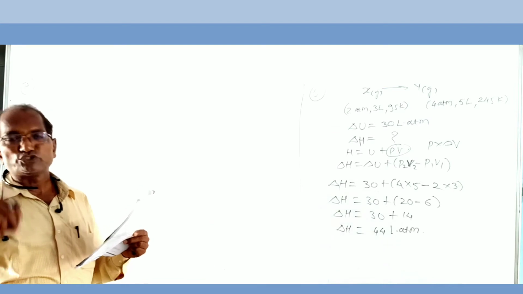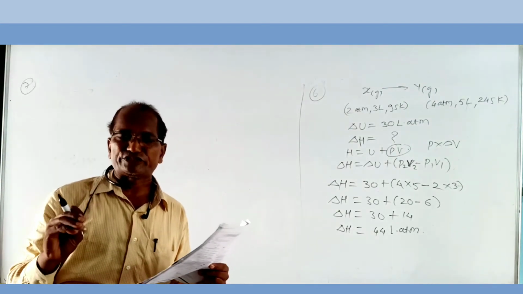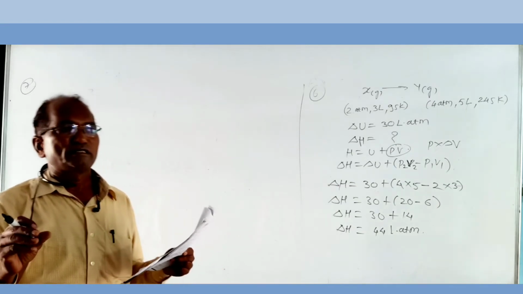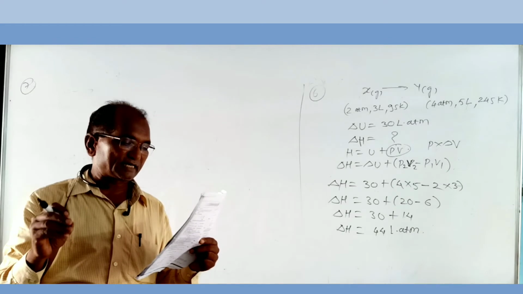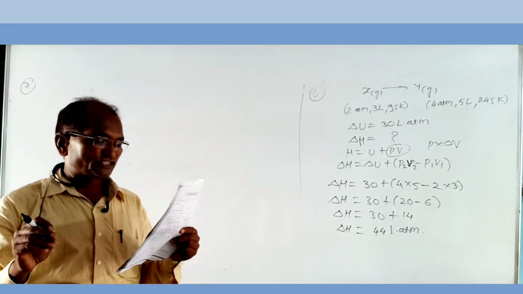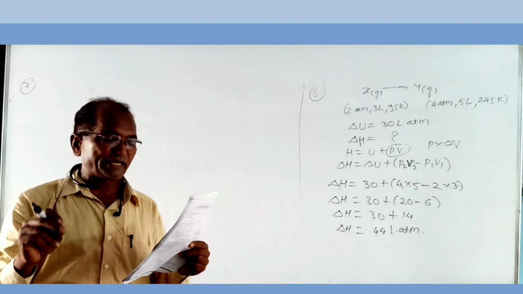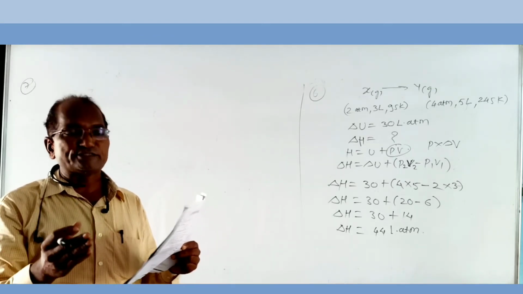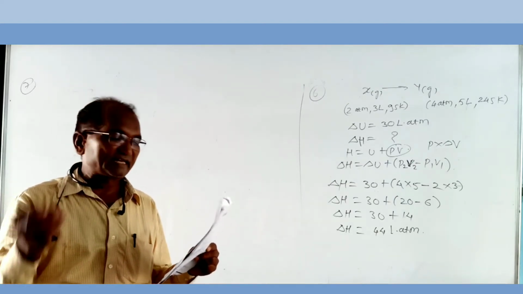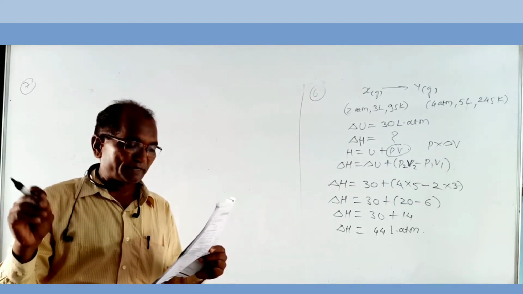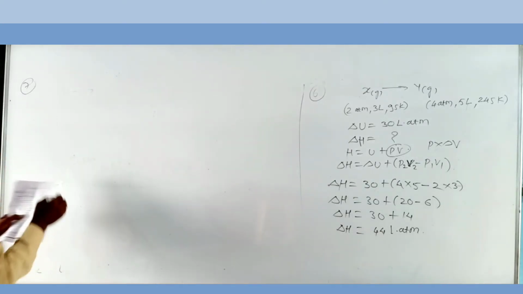In sugar solution, sugar particles are free, but after crystallization they become solid, and in solid they are not free to move. Therefore, here entropy decreases. Second, N2 gas plus 3H2 gas, formation of 2NH3 gas. N2 and H2 on the reactant side are separate, free to move more than NH3. Here also entropy decreases. C, adding naphthalene to benzene.